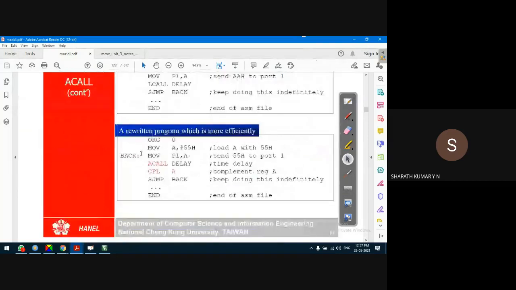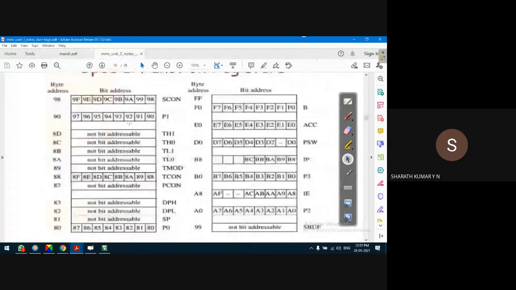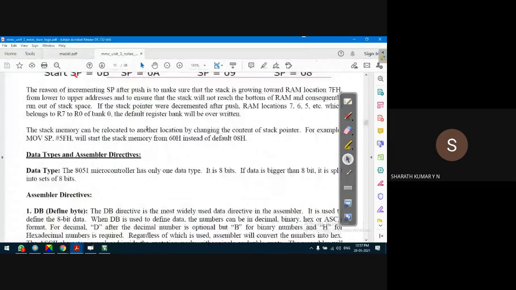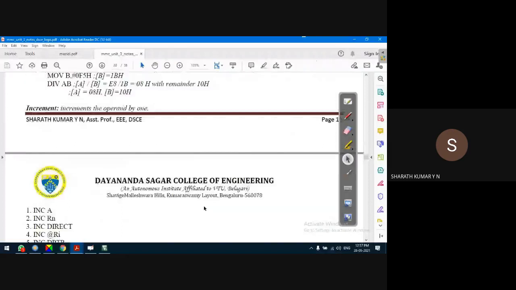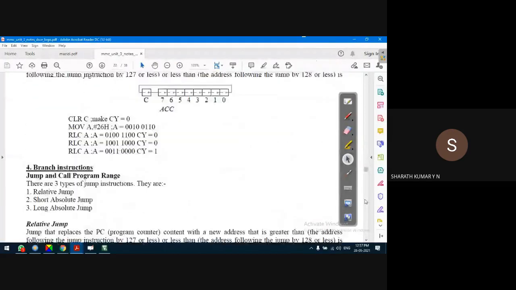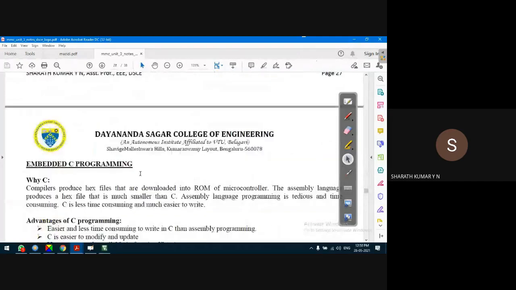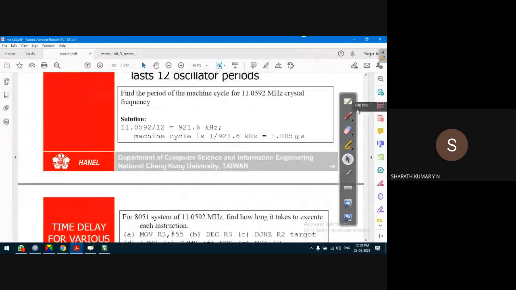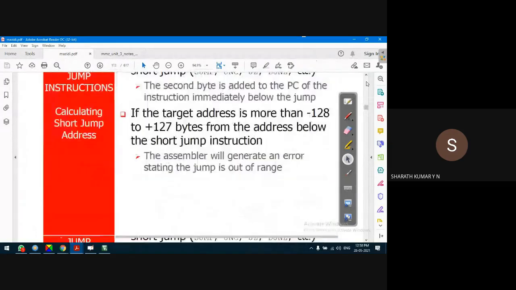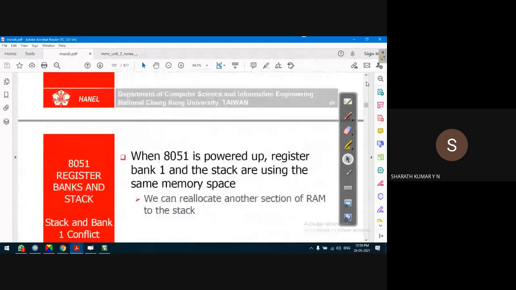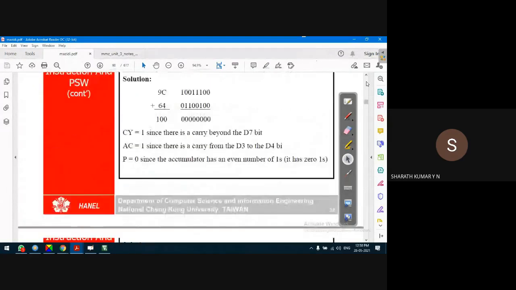So let us understand how the microcontroller calculates the target address. I want to show it using one example here. I don't know whether it is in this document. I don't think so. It is not here, guys. The C program is starting in the next class, of course, but I'll show you how the microcontroller calculates the target address. For that, I will need to go back somewhere here. Yes, I'll show you the picture.